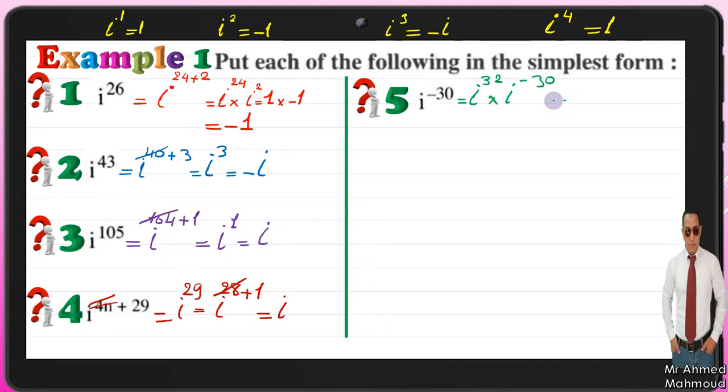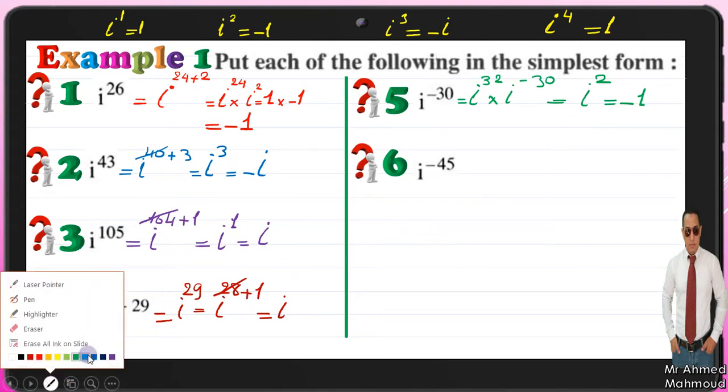Okay, here it will be 32 plus negative 30 equals 2. It will be i to the power of 2. i to the power of 2 equals negative 1, as we said before. Okay, another one. i to the power negative